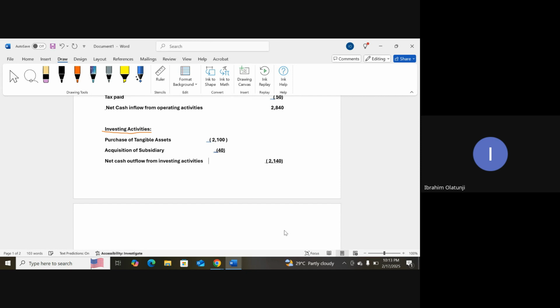Investing activities. Hope is clear. Can we move on? So, financing